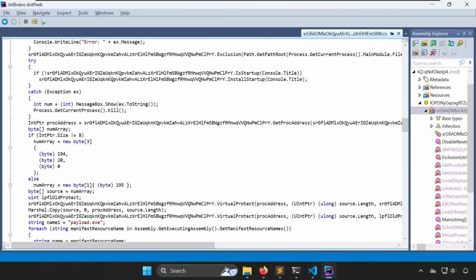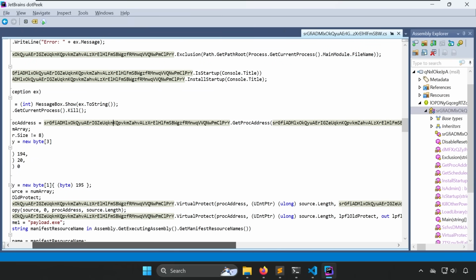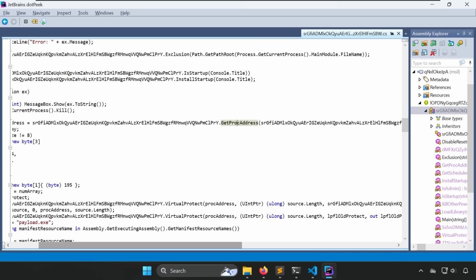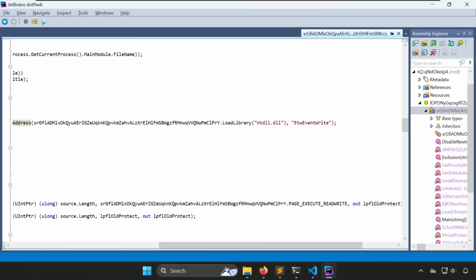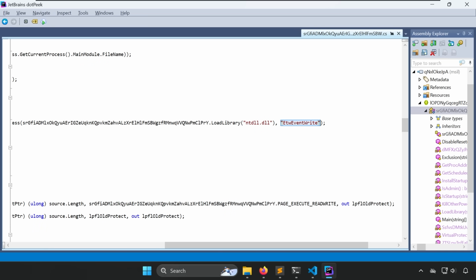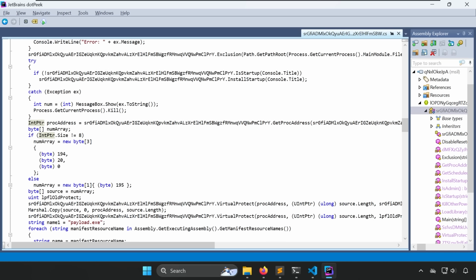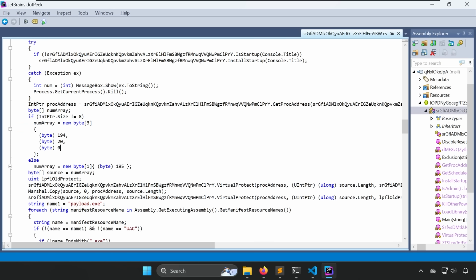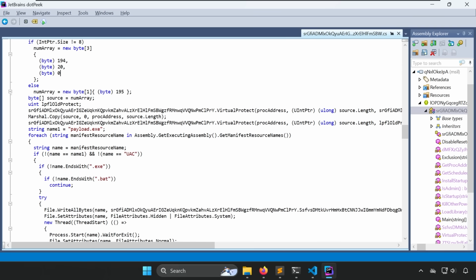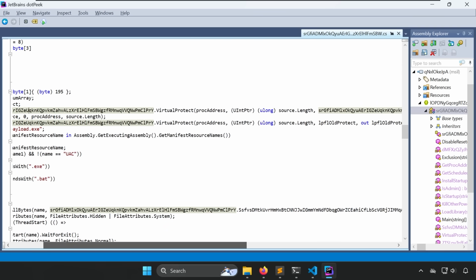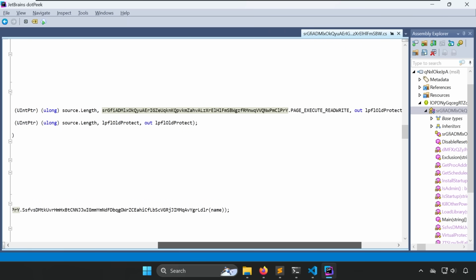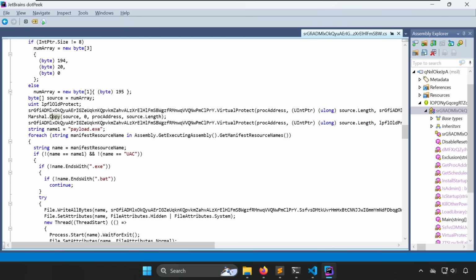Then down below, it'll use another proc address variable referencing the get proc address import that it used for that Win32 API function, and actually, using load library to load in ntdll, but actually the function etw event write. ETW is event tracing for Windows. It's basically another sort of log environment or sort of audit and telemetry source in Microsoft Windows. But they're actually patching out the ability for ETW to write any contents. That's actually neat. I don't think we tend to see anything that disables or breaks ETW in other samples we've seen on this channel. Then they do some other shenanigans, changing memory address, of course, to make that patch and